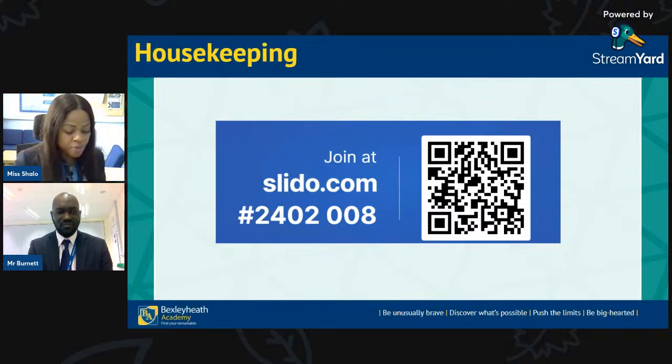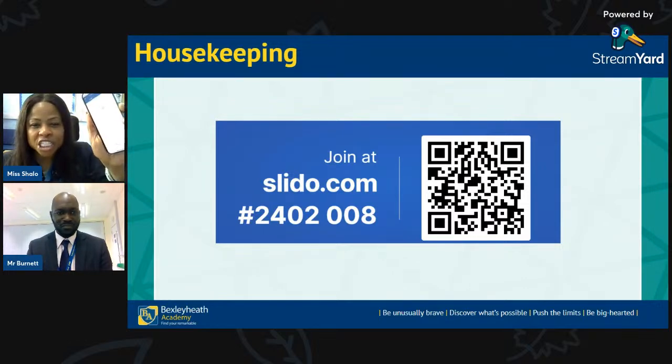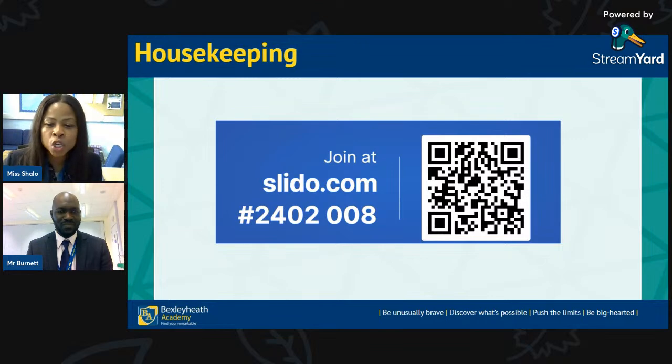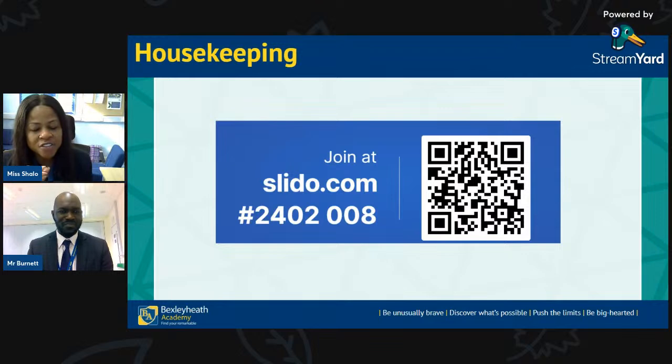Just like last time, get your phones ready, because you're going to be scanning the QR code. Remember, the QR code is what you're going to be using to make your comments. When Sarah asks you a question, you've got to put your answer into the chat window using the QR code. Very quick housekeeping for today: take your phone, and scan the QR code.